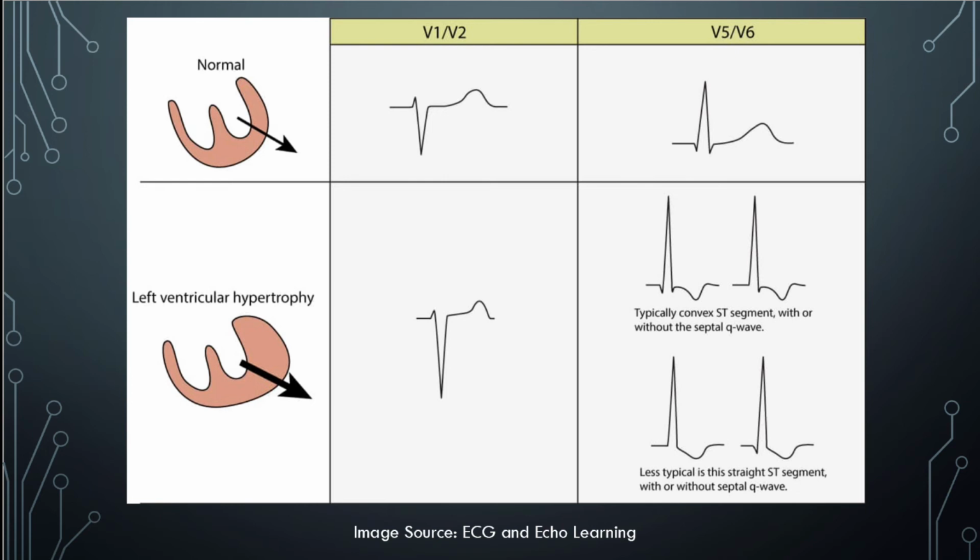On the top of the screen, we can see a normal ECG wave. Comparing this waveform to the waveform of left ventricular hypertrophy, we can see the depolarization of the ventricles does not occur properly. We can see that the heart requires a much bigger signal to polarize the ventricles than it would in a normal heart. We can see that the lack of septal Q wave means that the Purkinje fibers are